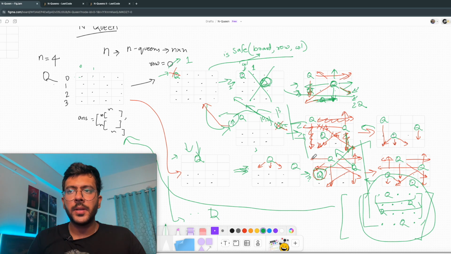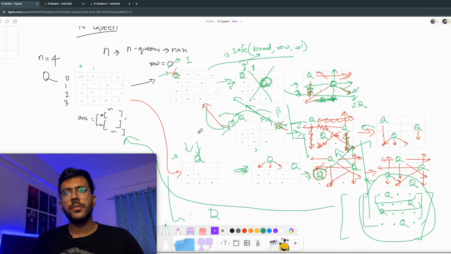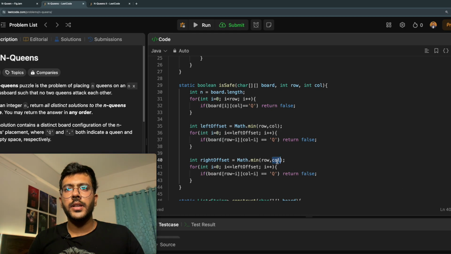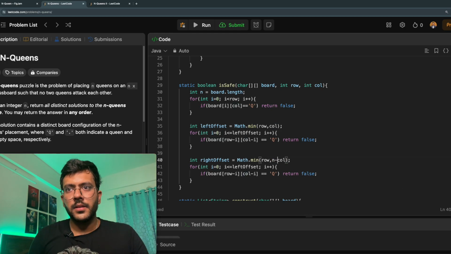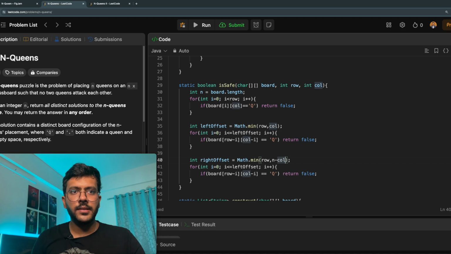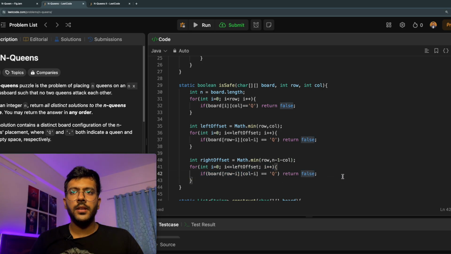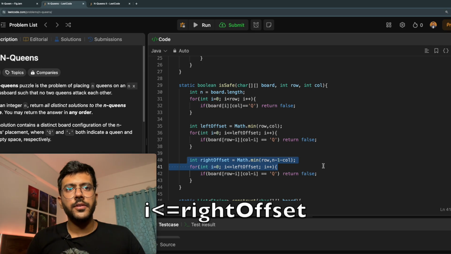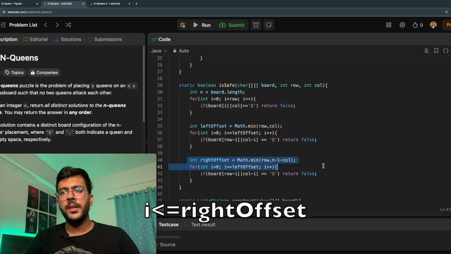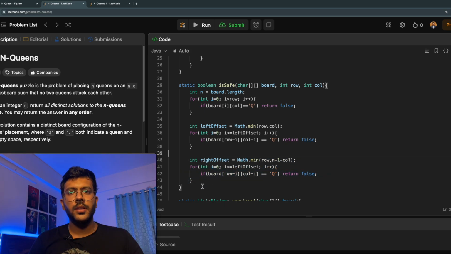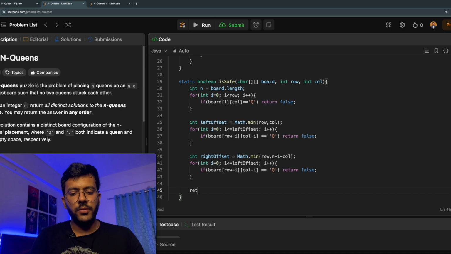Now let's say we are at this position, so this can move twice in the upward direction. So it is the minimum of how many columns it is from the end and how many rows it is from the start. So it will be n minus column, but since the array index starts from 0, it will be n minus 1 minus column, and this will give you the result. If this is confusing, you can do a dry run on pen and paper and try to find out this is the correct assumption, and at the end we will return true,